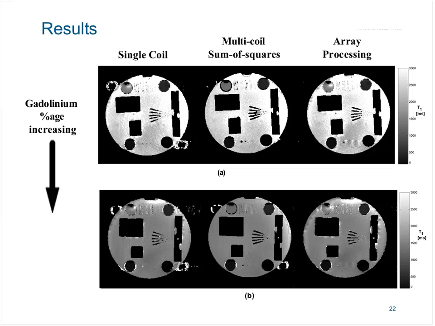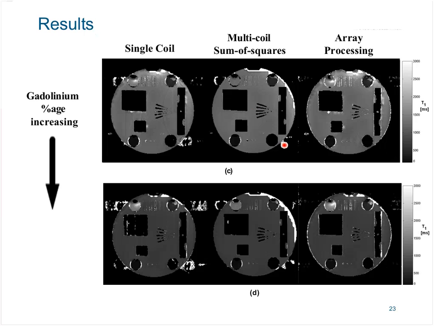In the case of multi-coil sum of squares combination, we can observe in the third row that somehow it tends to reduce the field of view divided by 2 ghosts. And the array processing method is supposed to reduce the ghost artifacts,